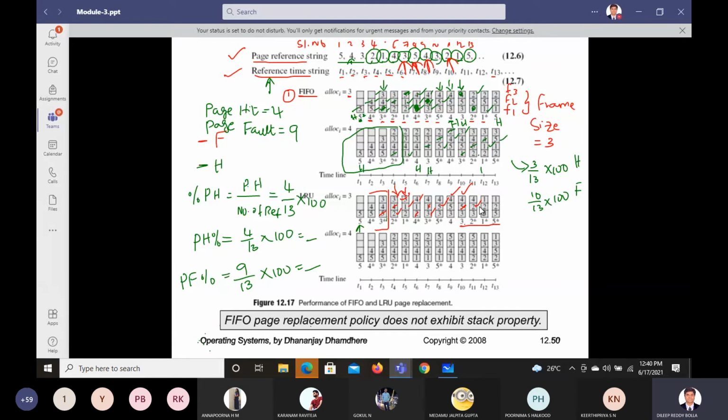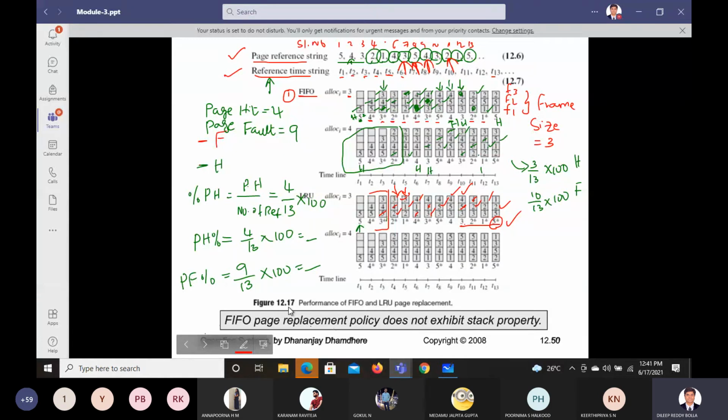After 2 we have 1 and 5. So 1, when you want to replace, you check 4 is the least one. So 4 we replace, we got 1. And 2, if you want to continue, 2 will continue here as it is. Actually here there is a mistake, right? Oh sorry, it's not 2, it's 5 here. So 5, they are correct only.